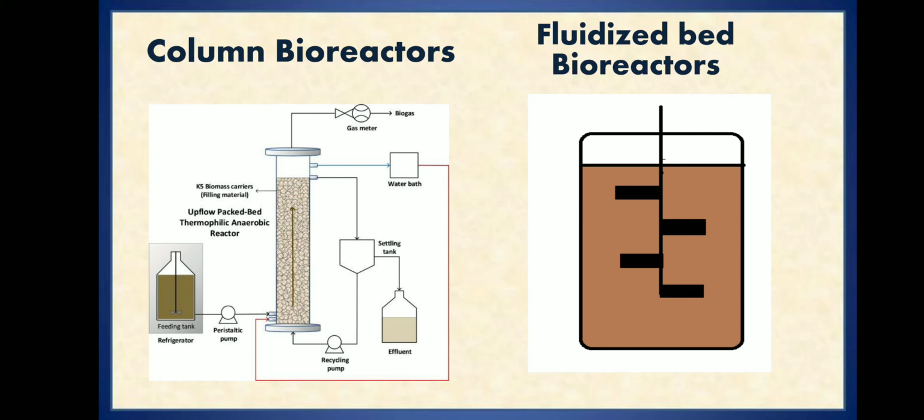The last type of bioreactor is the fluidized bed bioreactor. These reactors are provided with continuous agitation with forced air to prevent the adhesion and aggregation of the substrate particles. These systems have been particularly useful for biomass production for animal feed. So these are the various bioreactors that we usually use in solid state fermentation.